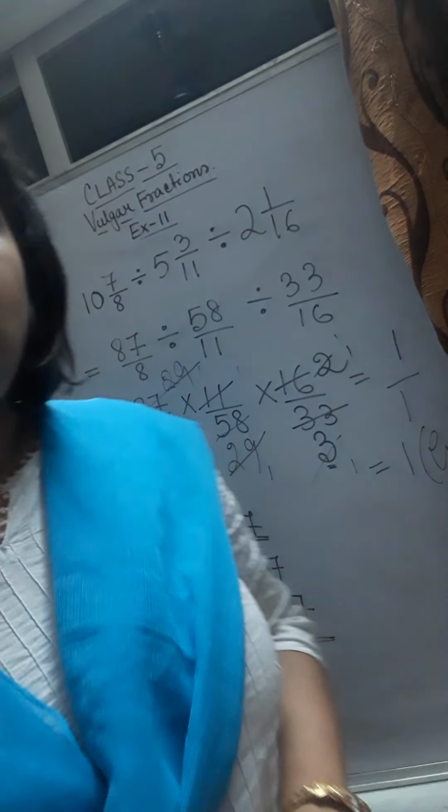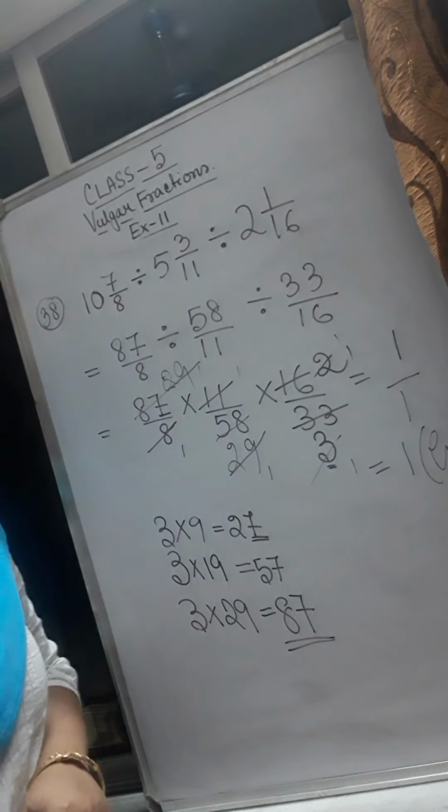In case of addition and subtraction, if everything gets cancelled, you get 0. But always remember, in multiplication or division, when everything gets cancelled, that gives you 1 as the answer. All of you should practice whatever I have done till now.